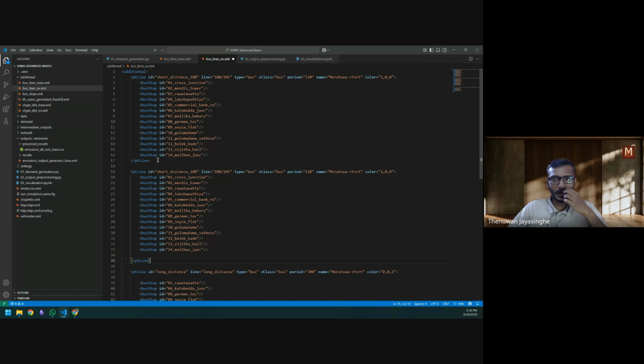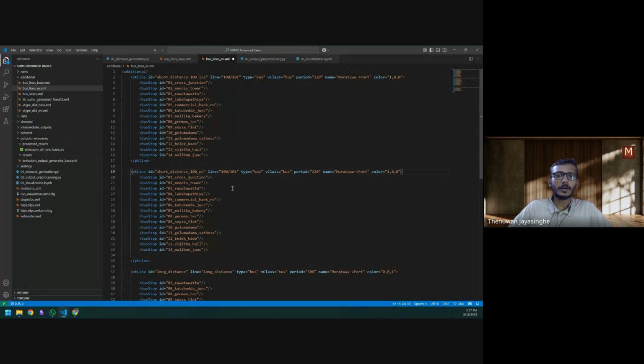So out of every two bus trips, one will become an electric vehicle. So let's say for short distance, ICE, and let's say 100